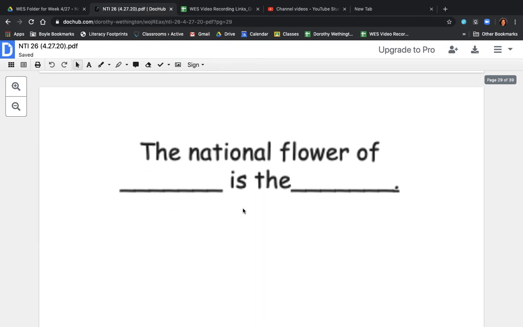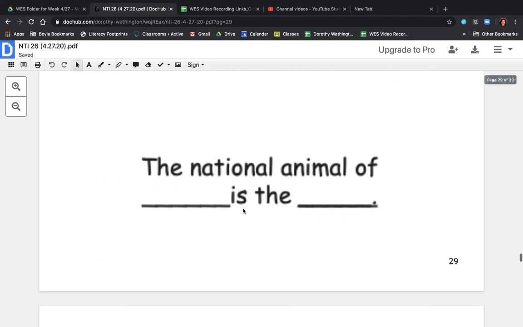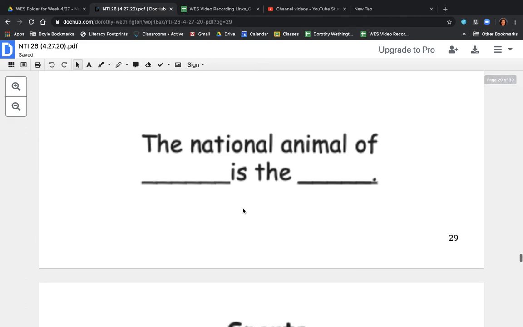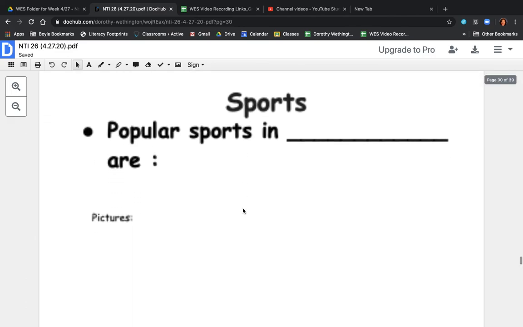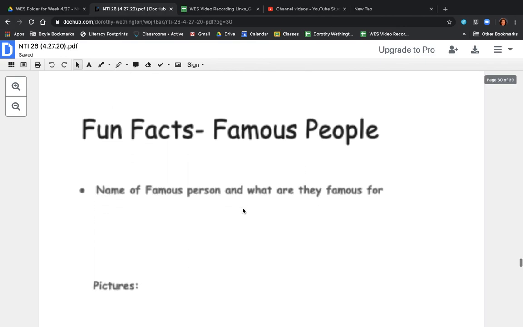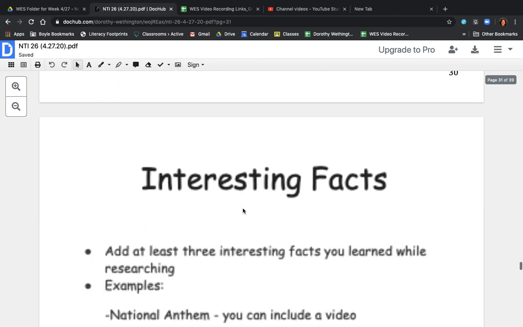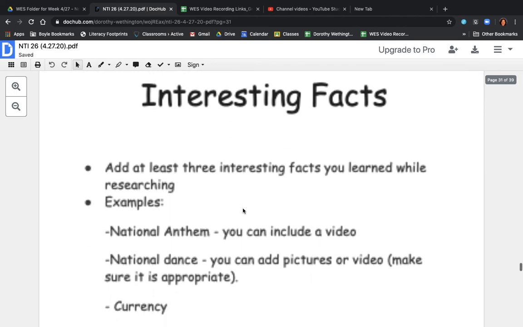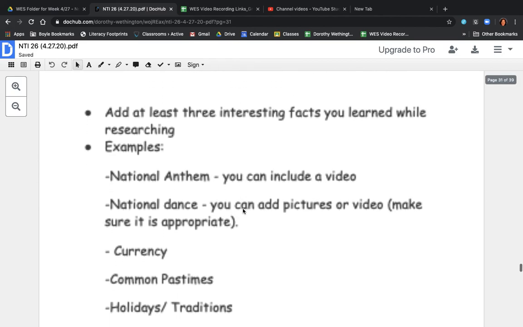The national flower of blank is the blank. Pictures. The national animal of blank is the blank. Sports. Popular sports in blank are. Fun facts. Famous people. Name of famous people and what are they famous for? And some pictures. Interesting facts. Add at least 3 interesting facts you learned while researching. Examples like the national anthem, you can include a video. A national dance, you can add pictures or video. Make sure